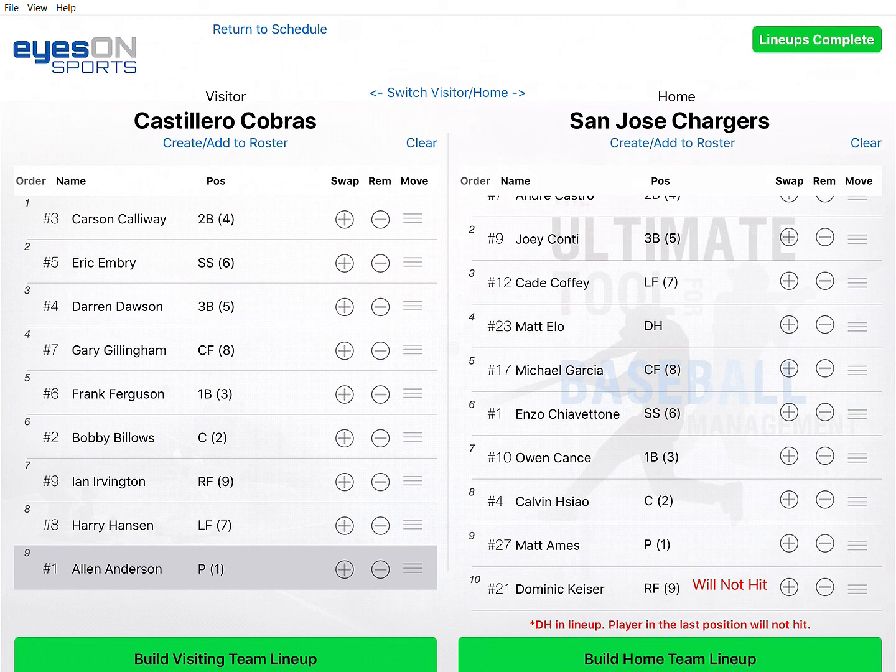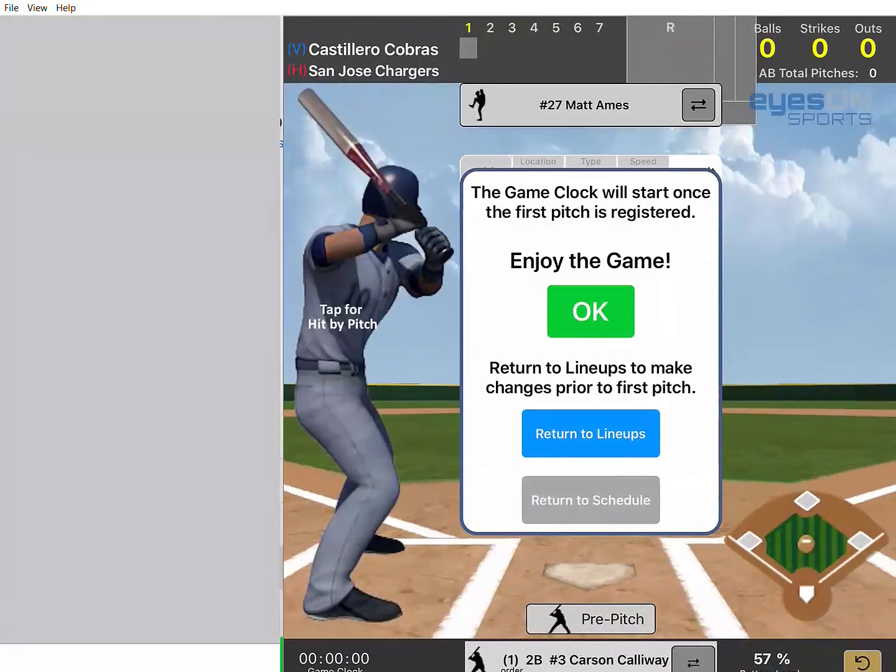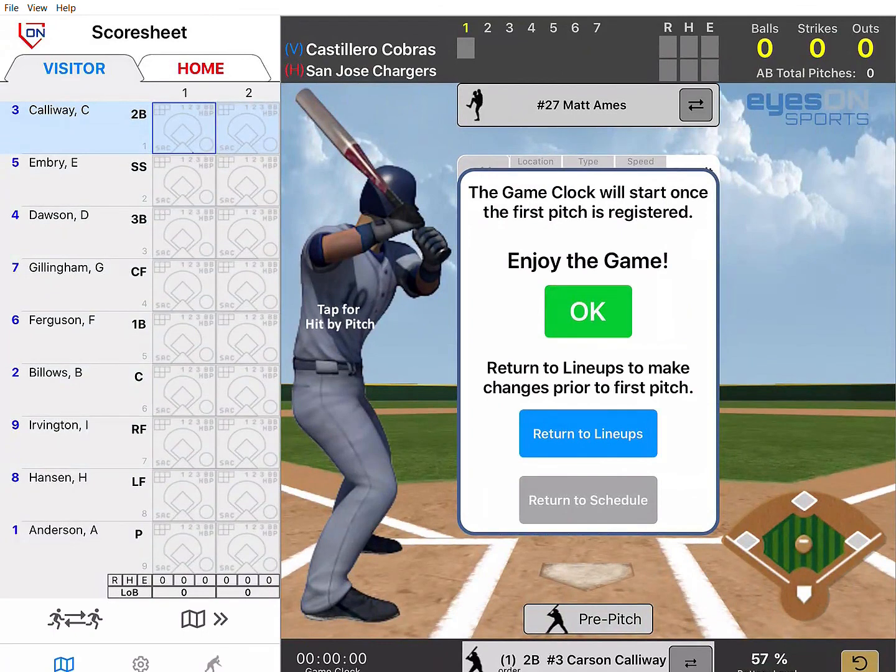So that's a nice little quick feature there at the end, I should say. Up here in the right hand corner you'll see lineups are complete. Once I know that my lineups are good to go, I've checked it, the umpire is ready, the pitcher is ready to throw his first pitch, I'm going to tap lineups complete in the upper right hand corner. And by tapping that, the application is telling me that a